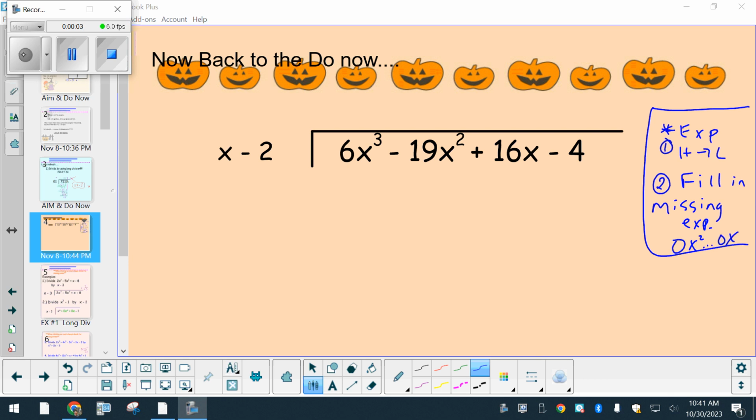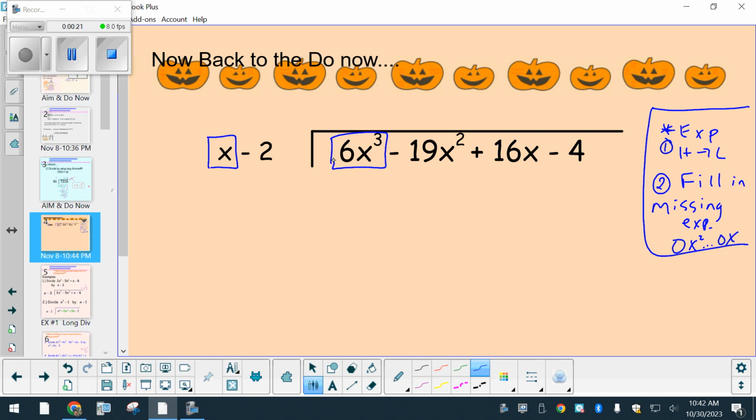All right, so the way I started out is I do a tiny division. So I take my leading term for my divisor. You don't care about the -2 right now. You just care about the x. And I take my leading